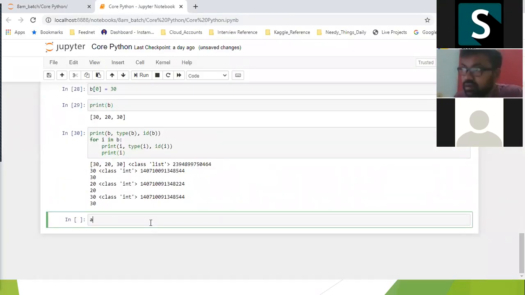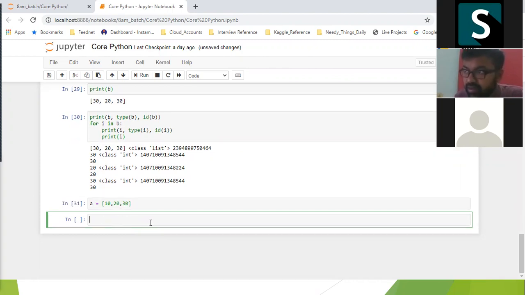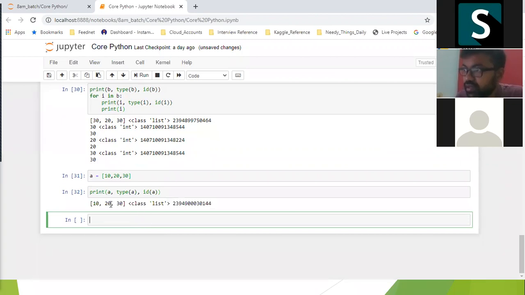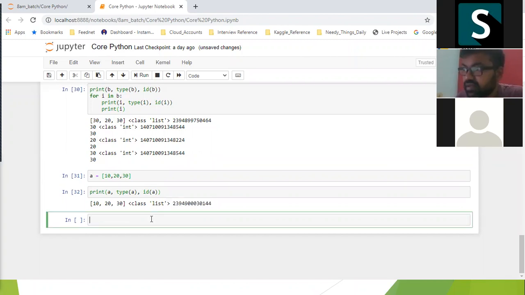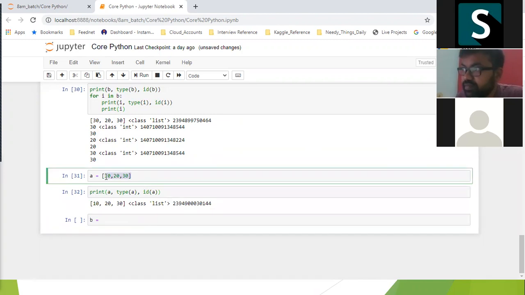Here a equal to 10, 20, 30. Created the object, print a, type of a, and ID of a. So this is a list, and this is my reference address, and I'm creating with the same values again.